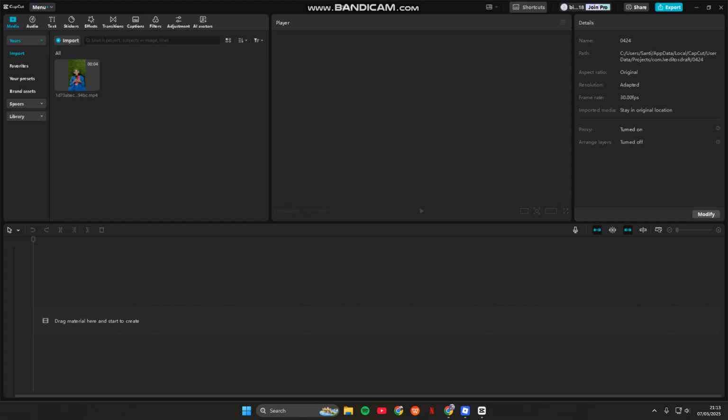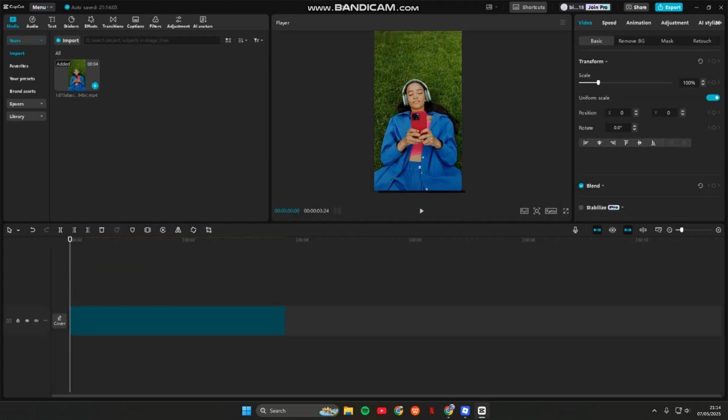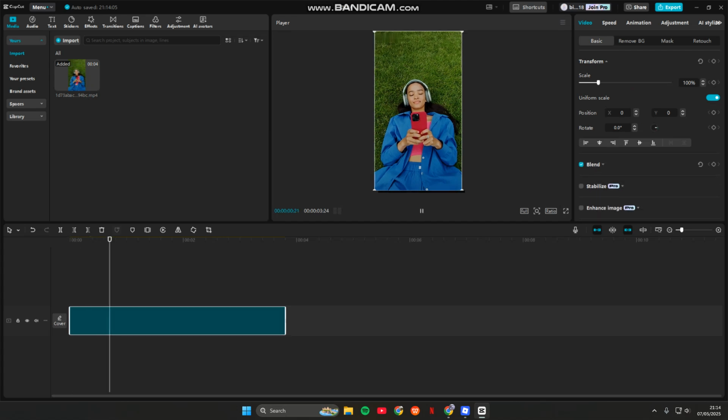So to start, you can just open your projects in CapCut PC and then just add your videos here on a timeline like this. So let's say this is the video that I want to put inside the TV or monitor. Now you can just find the green screen